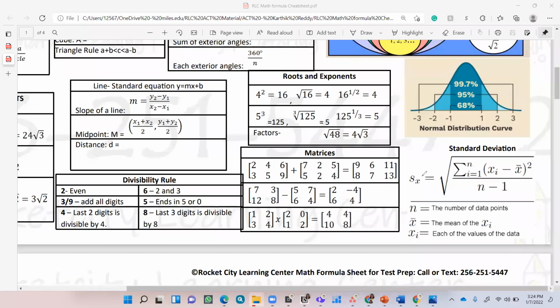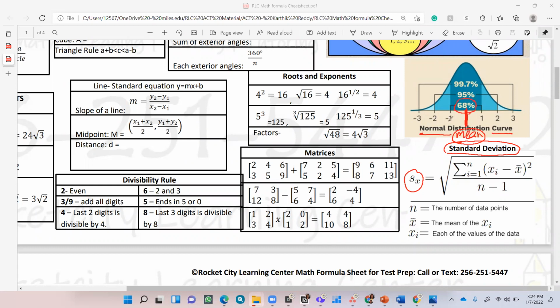So standard deviation. They're asking a lot of questions on standard deviation. Remember one thing: standard deviation is the spread of the values from the mean. Many times it can be a straightforward mean or an average, but it's how far the data is spread. So if it is a normal distribution,